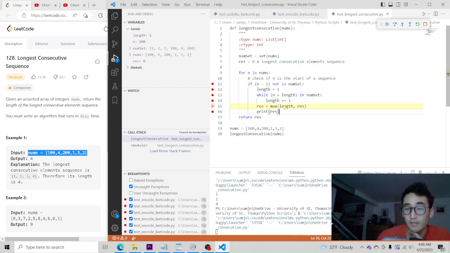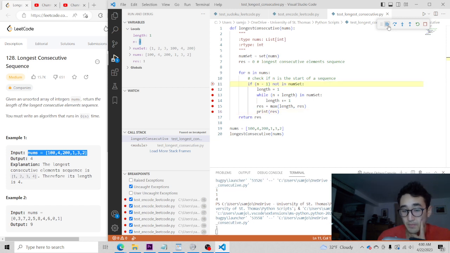And if length is bigger than res, then we set res as length. So then we can go to the next loop to print res because it was the first assignment, and we print 1.